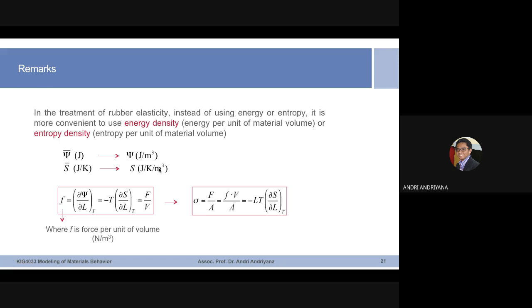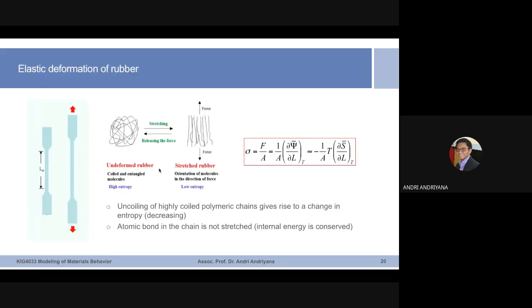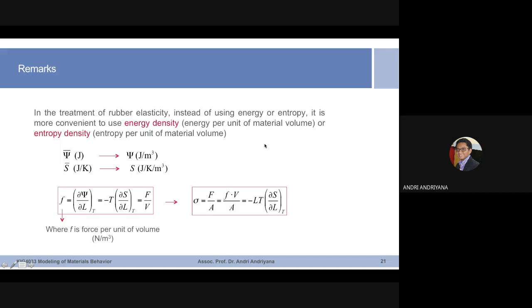Now we have learned previously that F is d psi bar per dL. This is F capital. Please pay attention. Here we have small f, lowercase f, which is similarly the differentiation of the energy density, the free energy density, with